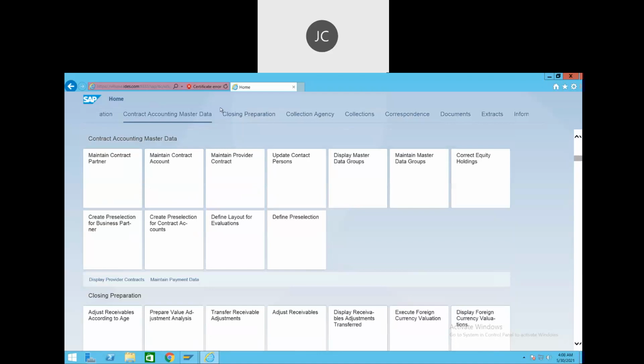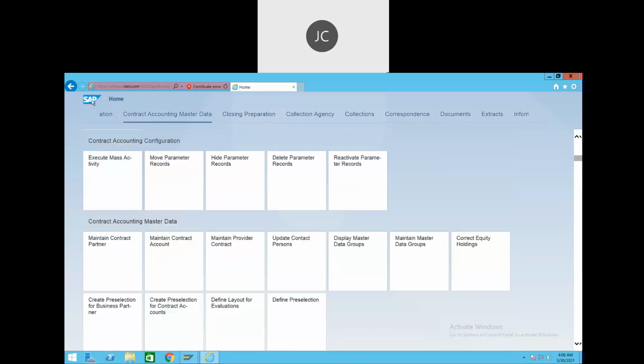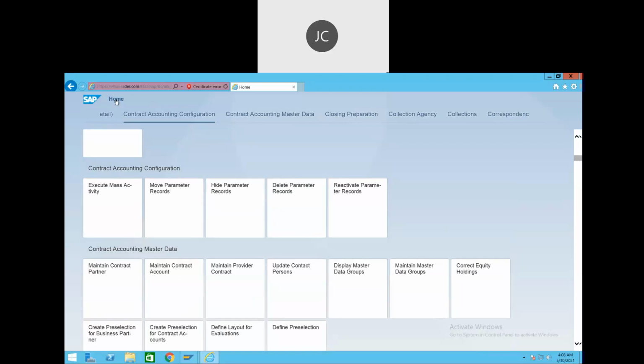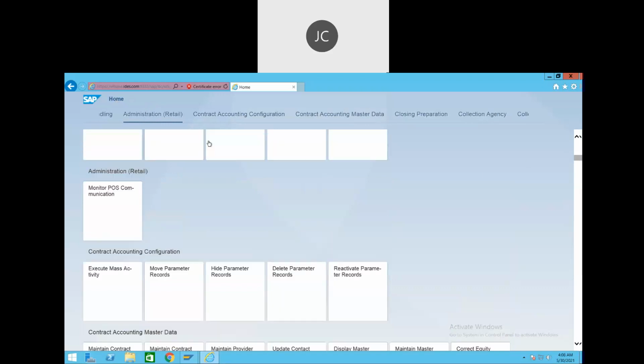But anyway, meantime, when it gets loaded, let's understand. This is the SAP logo here, right? This is home. If I click on home here, let's check. It will take us to the user basic settings and all. Okay, so many things are there.